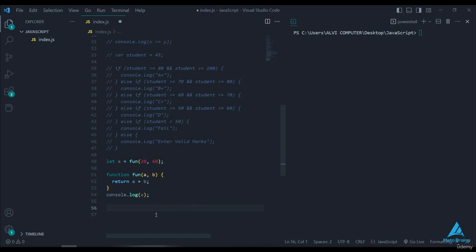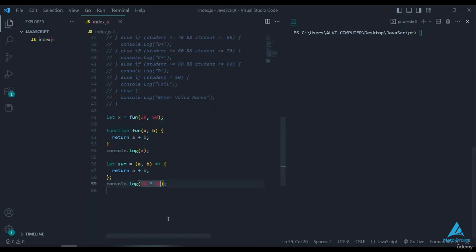Let's create a variable called sum with the name let, give it the values a and b, and then use the arrow function to demonstrate how it works. Return a plus b now using the arrow function. Write the random numbers after doing console and calling the sum function. This procedure's code is as follows: let sum equals (a, b) arrow return a + b; console.log(sum(